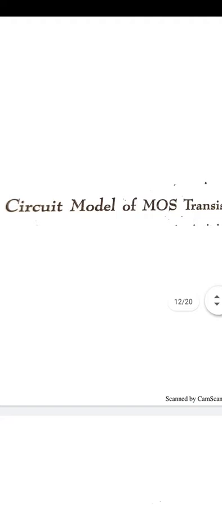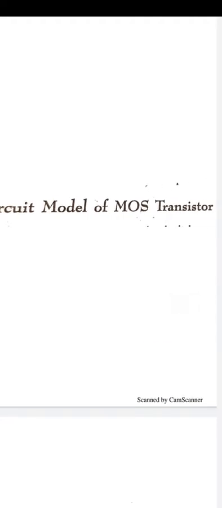So I am taking the lecture about the circuit model of the MOS transistors. Basically, MOS transistors are metal oxide semiconductor transistors, where the structure acts as a parallel plate capacitor, with the dielectric constant shown by the SiO2 dielectric layer that is sandwiched between the metal, that is the gate, and the insulator, that is our conducting channel or the substrate.